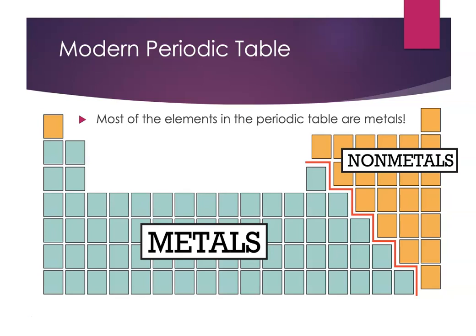Most of the elements in the periodic table are actually metals. The vast majority of the naturally occurring elements do fall into the